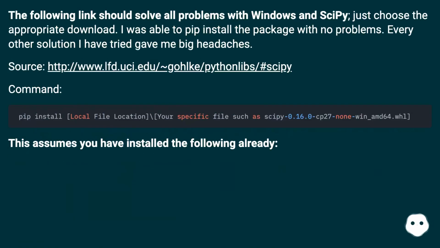The following link should solve all problems with Windows and Scipy. Just choose the appropriate download. I was able to pip install the package with no problems. Every other solution I have tried gave me big headaches. Source: this URL. Command: